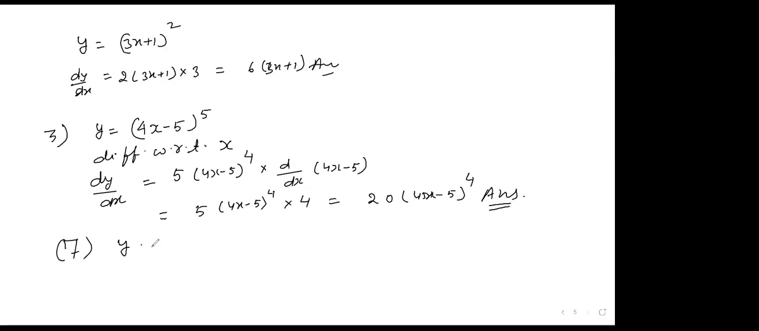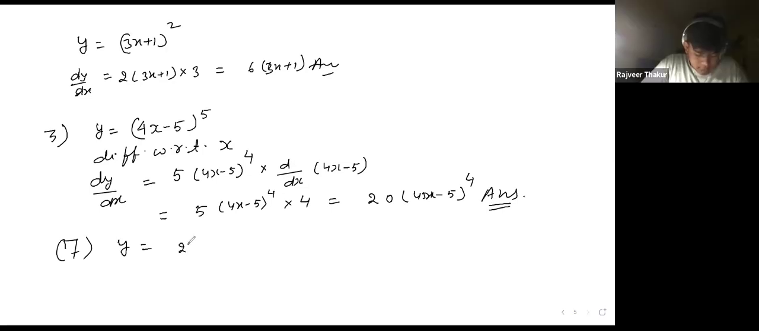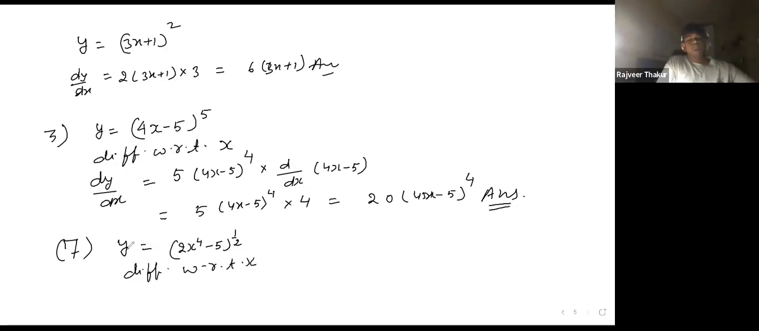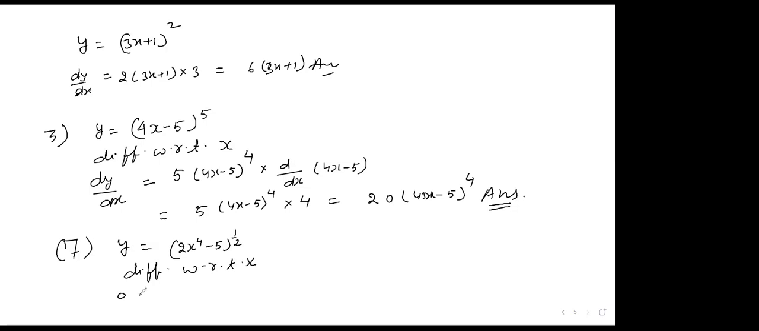Y equals to (2x⁴ minus 5) to the power 1/2. Okay, 1/2 power means square root, right? Both are the same thing. So differentiating with respect to x, derivative of y, dy over dx,